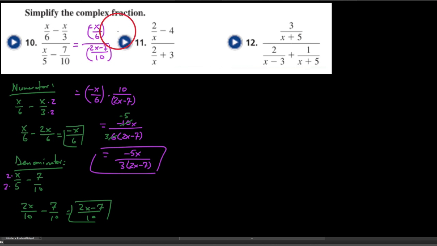Okay, so that method there, we just went ahead and combined the fractions on the top and the bottom and multiplied by the reciprocal here. What I'd like to try in these next two examples is actually our second method, which was, instead of just simplifying the top and the bottom and multiplying by the reciprocal, which we can do, let's go ahead and find the least common denominator between all of the fractions in the numerator and all of the fractions